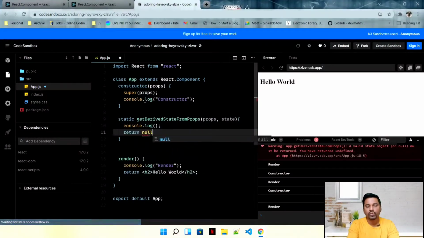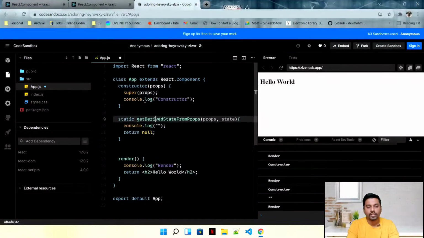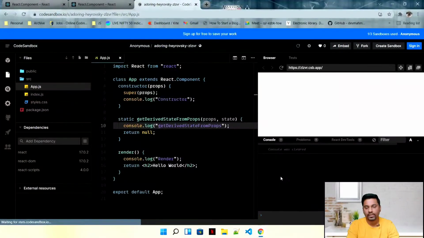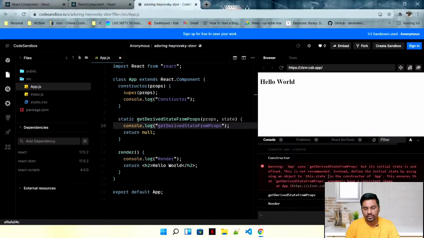I don't want to return anything, I'll just return null, and just to print over here, save and refresh, so that it refreshes everything. Ignore this because it is just warning me, because I have not added a default state to any variable. There is no state in this whole application. That's the reason it is throwing that warning. But let's ignore it. Can we just filter out the